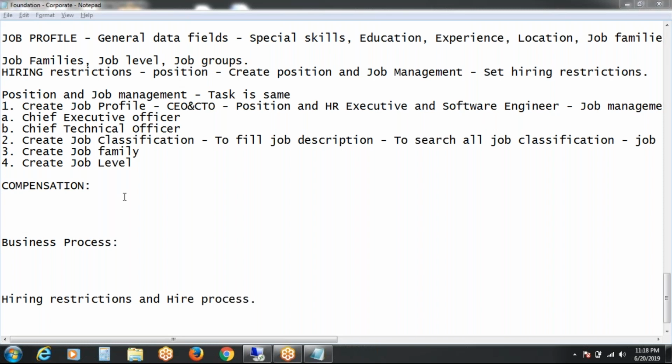Okay. Any questions to ask? Like general questions or anything? So tomorrow we are going to discuss the other two job profiles of the same kind. The creation process is the same, and also the compensation part. Monday onwards are important classes. Of course, these are also very important. But Monday, the business process configuration is very important along with the hire process. I want all the team members to attend the classes from Monday onwards on a regular basis.